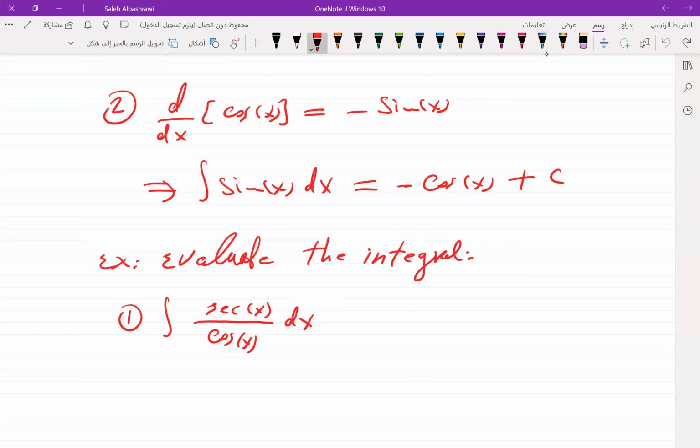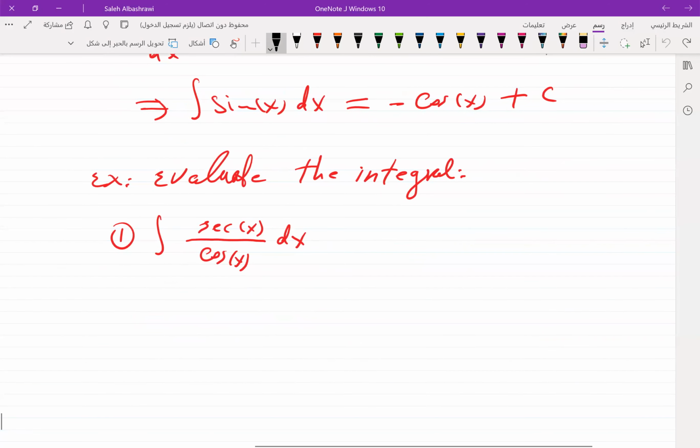Find the integration of secant of x divided by sine x. It means that we need to find the function that, when we differentiate it, we'll get this one, the antiderivative. We know that the secant of x equals 1 over cosine x, and also 1 over cosine x equals secant of x. So if we simplify this integration,